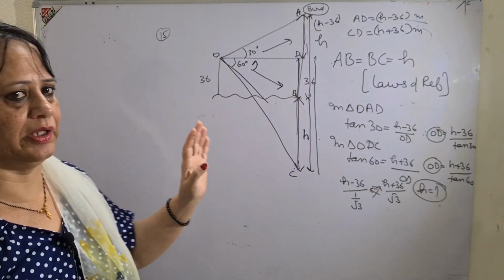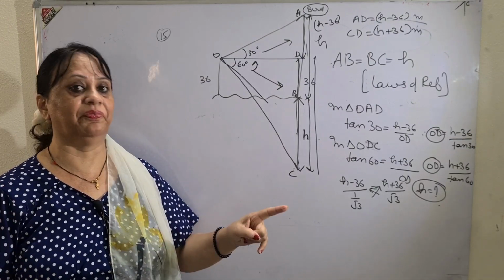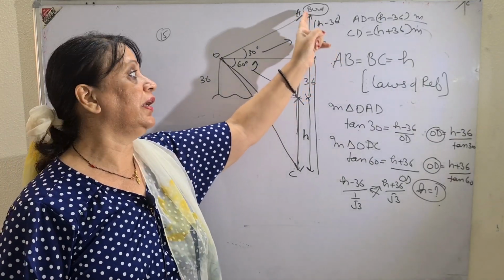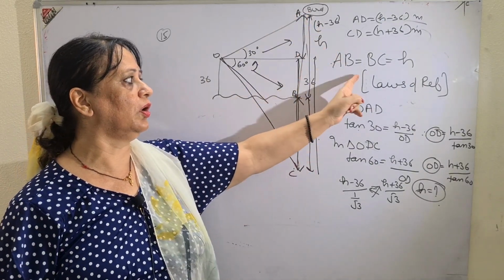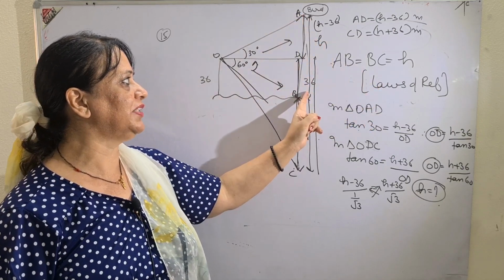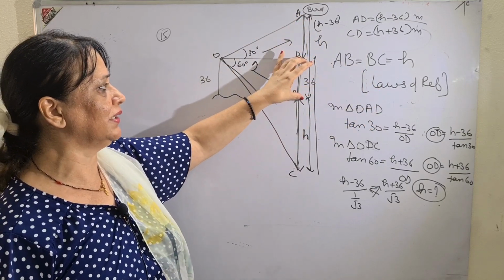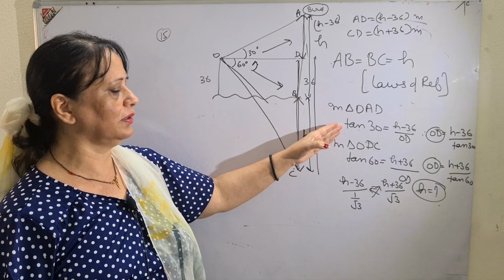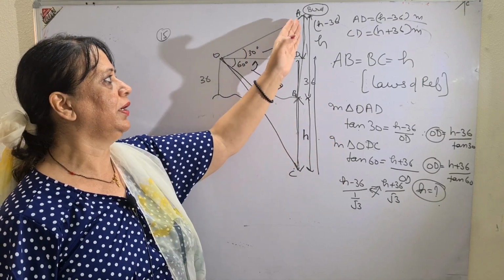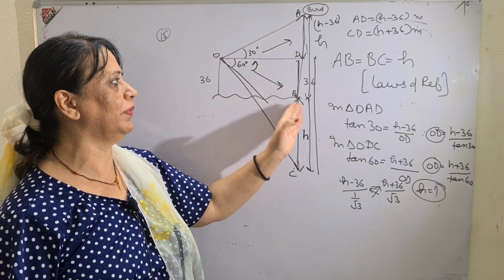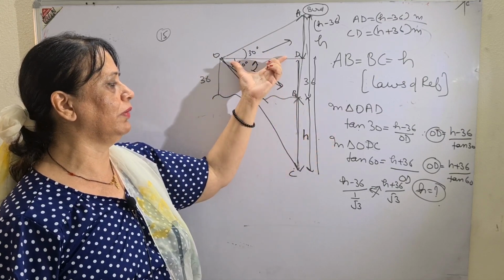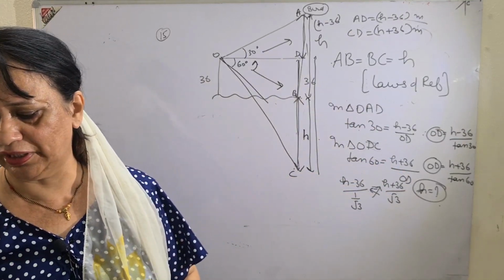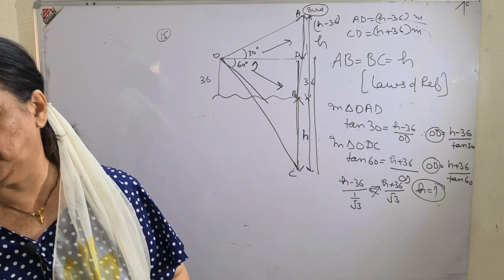So basically what I wanted to make clear is the laws of reflection, which you have done in physics also. See children, it is very easy. AB will be equal to BC according to laws of reflection, and let it be equal to H. When I take the smaller triangle, 36 is to be subtracted. When I take the depression triangle, then the 36 is to be added. And then you know the formula or the concept that tangent will be perpendicular over base. In the upper triangle, similarly perpendicular over base. In the lower triangle, OD will become common. Equate the common and get the value of H. So this is a very important sum, and you have to do it.